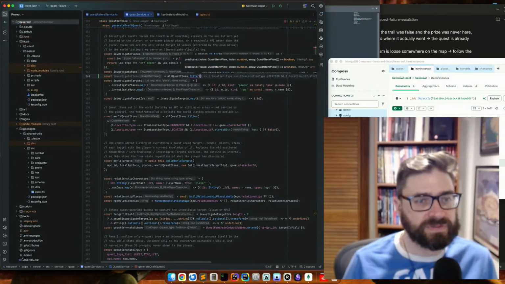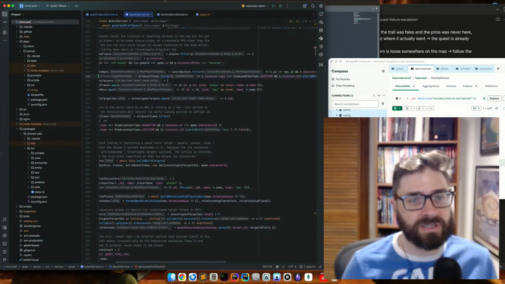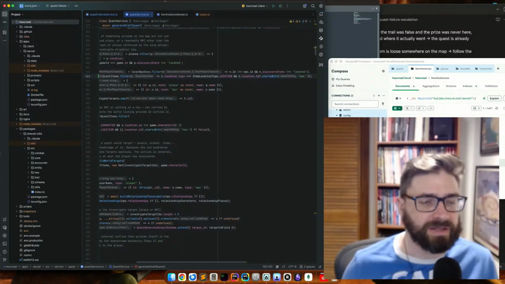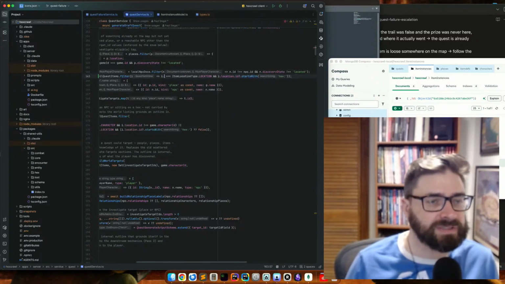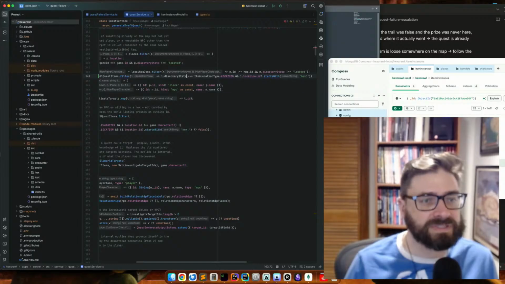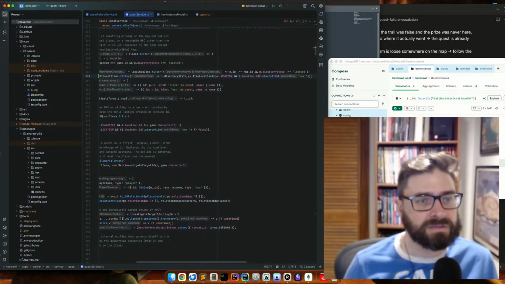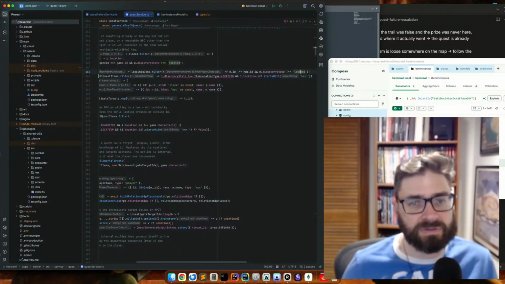We do want to filter. Autocomplete, you're clever. What I want to do is I don't really care about the location type. What I care about is the item's discovery state does not equal located.